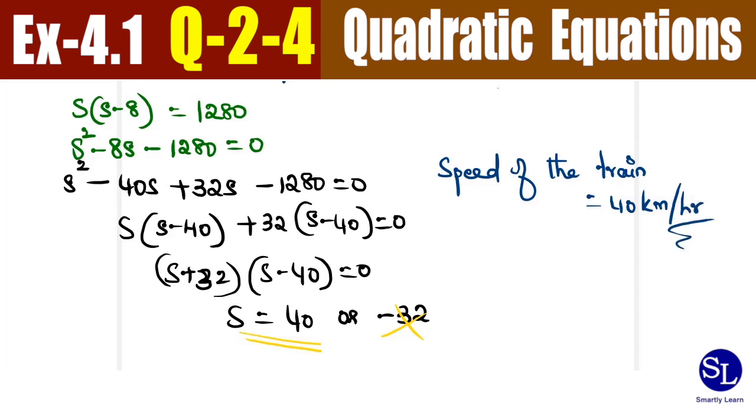So this word statement is very important. So with this, we have found out what is going to be the initial speed of the train. Then please verify if they've asked how long this distance will be covered at a particular speed. If any such questions are asked, ensure that you do those additional calculations as well. So in the first case, 480 kilometers, if I travel at a speed of 40 kilometers per hour, then the time taken is going to be equal to 12 hours. Okay, so this is the additional calculation. If required, we are supposed to perform it.